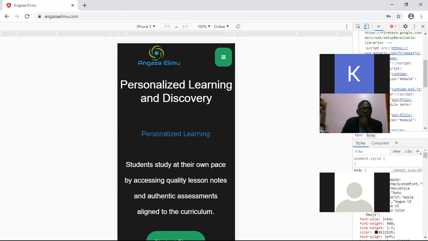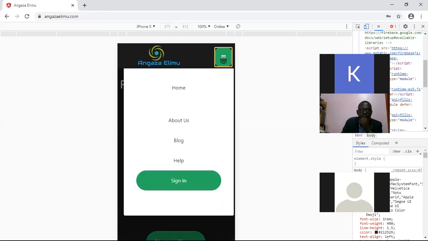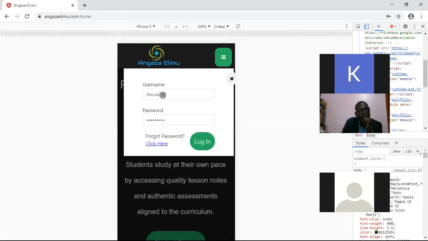So you have this logo at this point, and then you have this green button here. Once you have that, then just click sign in, and then click home again. And then it will ask you to put your username. We've all shared usernames. If you've not received your credentials, kindly let us know, and we'll be able to share. And then here you can input your password, and then just click login.